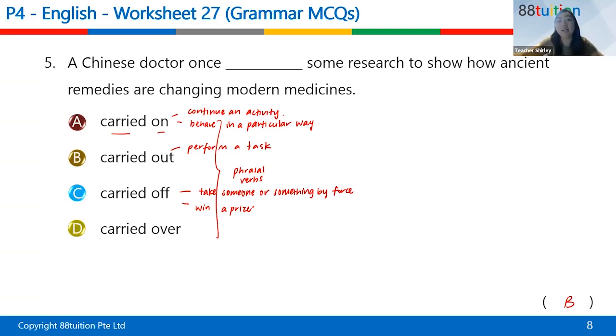All right, and then the last phrasal verb over there, carry over. Carry over is also literal, you can mean that you carry something over, right? That means you extend something beyond the